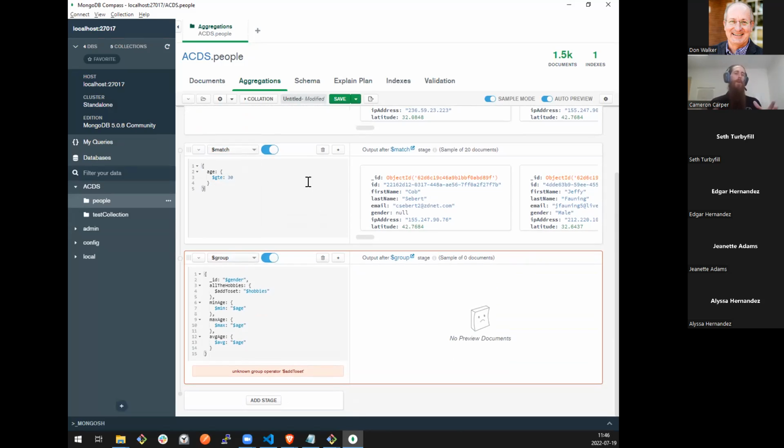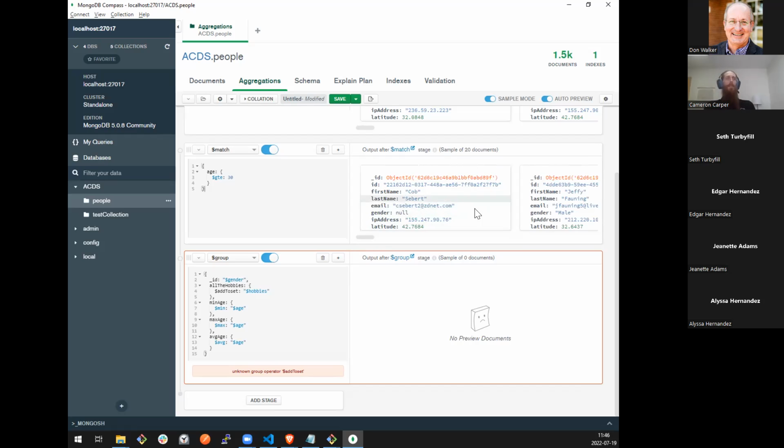Specific UI issues. I do like how it does the aggregation pipelines as we'll continue to walk through this, but our first stage is only going to pass documents through if they have a property named age and it's greater than or equal to 30. And then this is the nice part, Compass gives us a sample over here of the documents that do pass this logic.